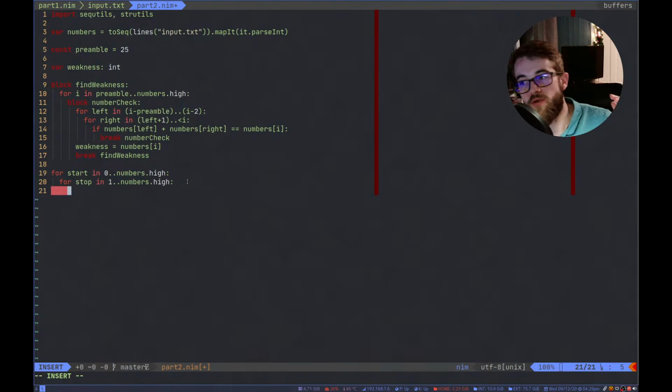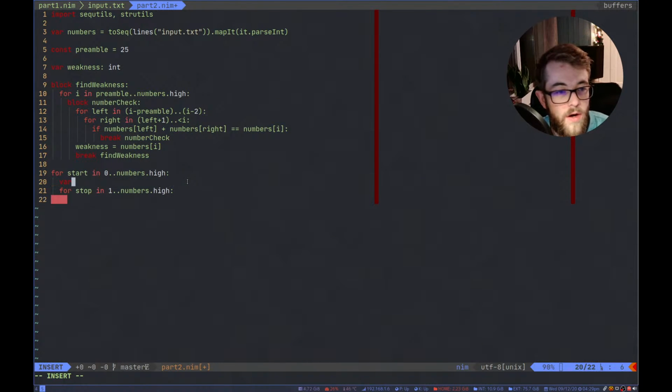So these will now just loop through all of the numbers, and our sum should go from start, actually it should go from start plus 1. Sum is equal to 0. Sum should be plus equal numbers stop. This should of course not be 0, it should be numbers start.